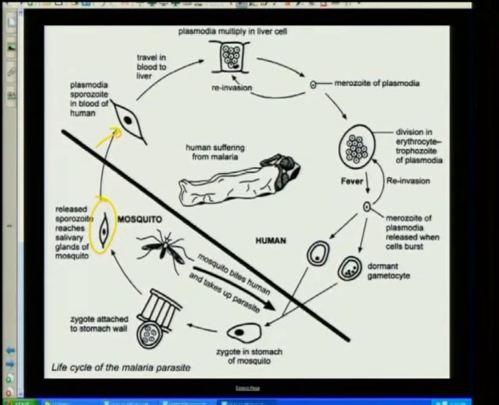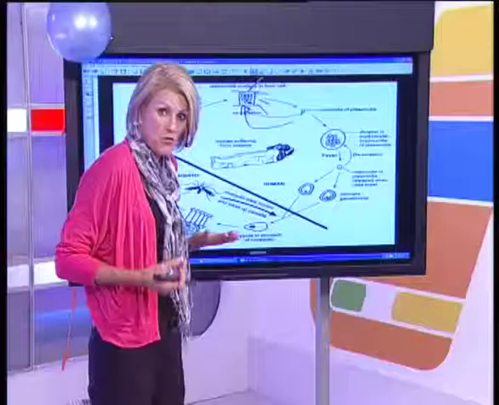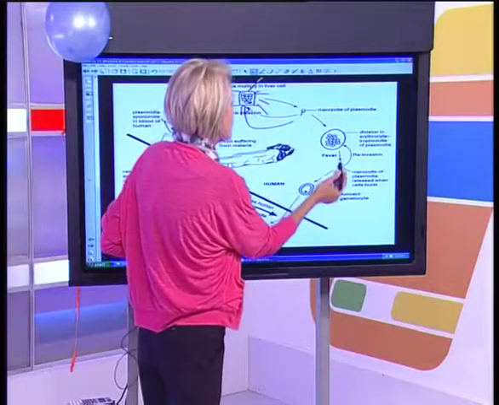In the liver, it will invade a liver cell, and then once these little merozoites are ready, this liver cell bursts open, and these little guys are released, okay? But now, they don't just go and do their thing, they reinvade the liver cells again. I mean, hello. So your liver is really under strain. They then move into